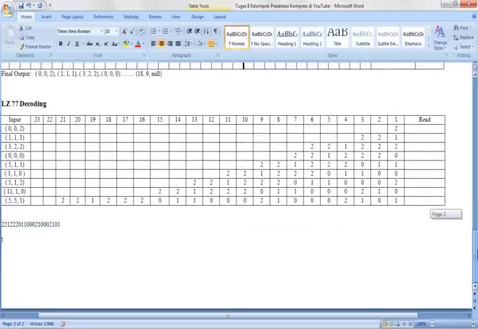Okay, after that we continue to decoding the final output. The first input is 002. It means that there is no similarity, so the length will also be 0, and the number to put in the first column will be 2.